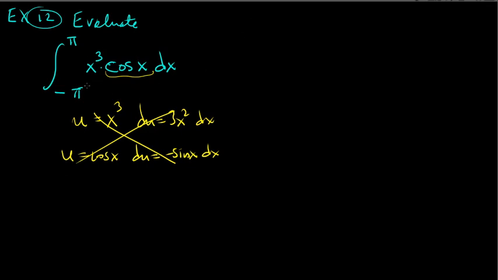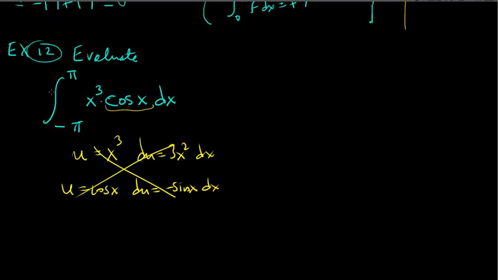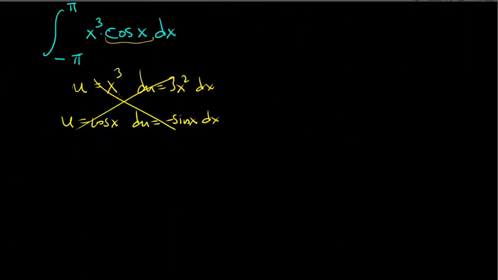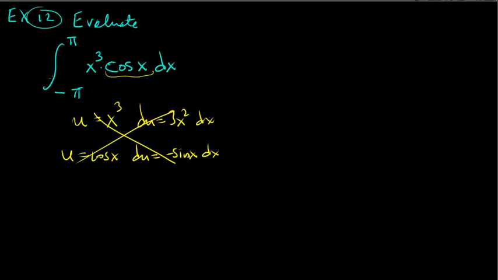So how can we do this? Well, it turns out this is possible by a technique that you're not going to learn until Calculus 2. And yet, what is this doing in Calculus 1? Well, if you remember the rule up here, if we're going from negative a to positive a,